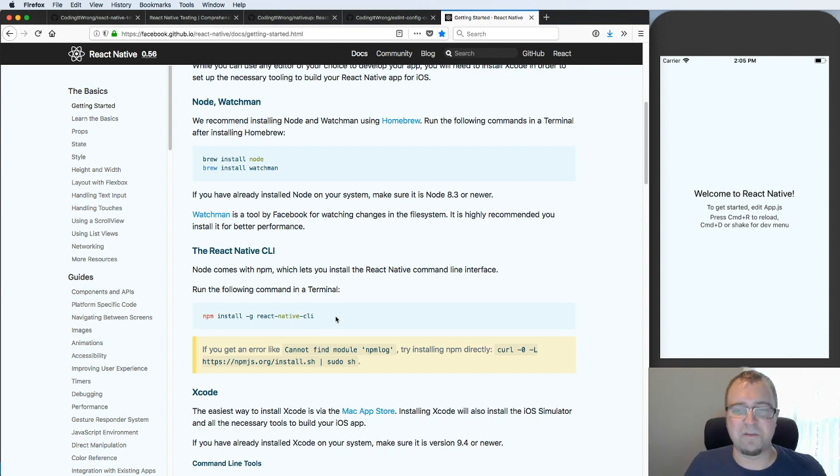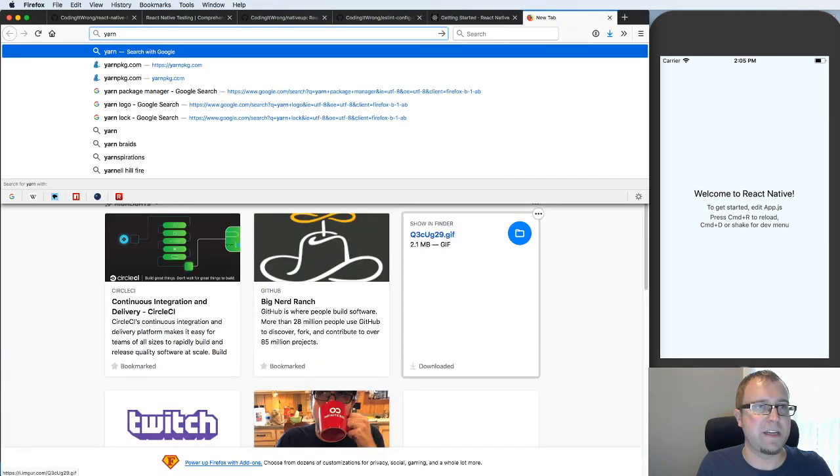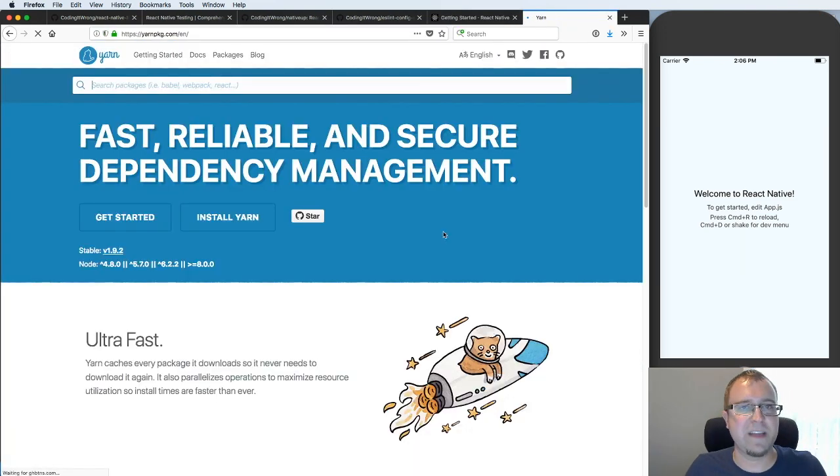Another thing: I've recently switched over to using Yarn for all my package management. I wanted to mention that because it is a little bit less common. So instead of using the npm command line tool, I use the yarn command line tool. And that's an extra installation step, so I hesitated to ask people to do that, but there's just a number of things that are simpler